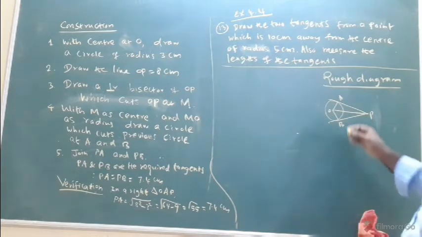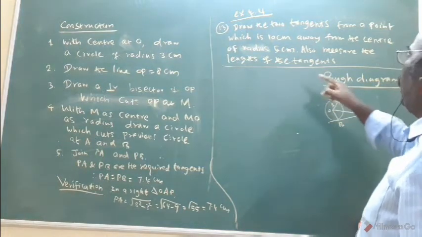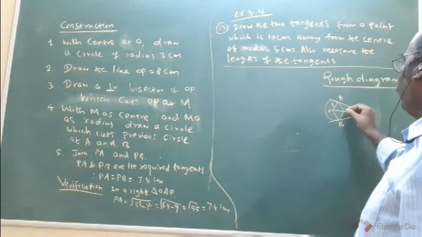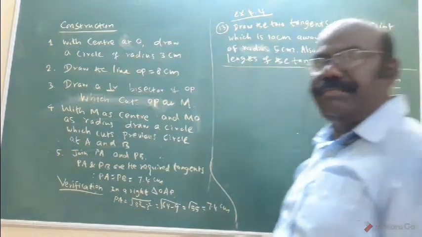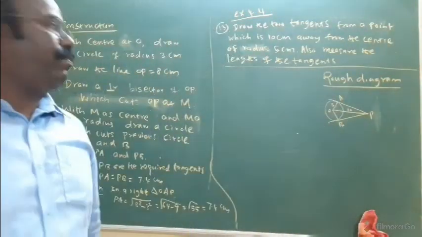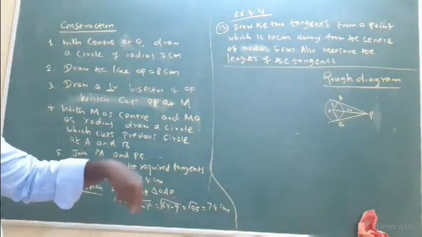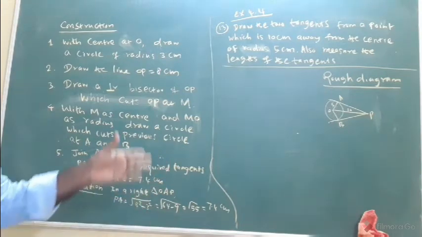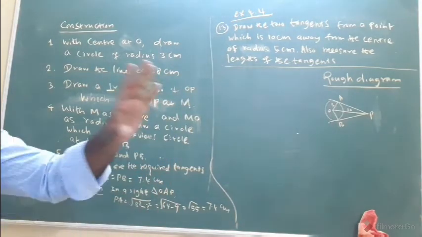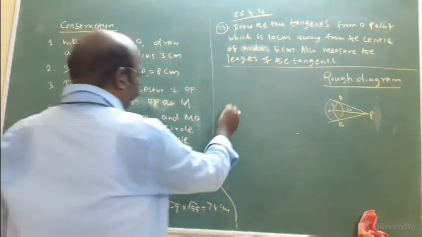What is the measurement? Radius is given, that's why it is 5 cm. The length is what? 10 cm. Am I right? That's all. This is a rough diagram. Try the rough diagram by using a small circle. With the help of a scale, try a line. Now the fair diagram.